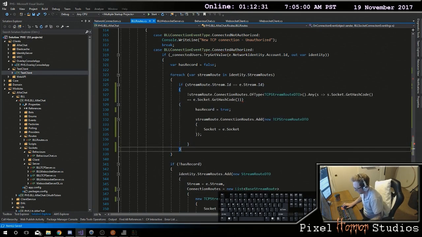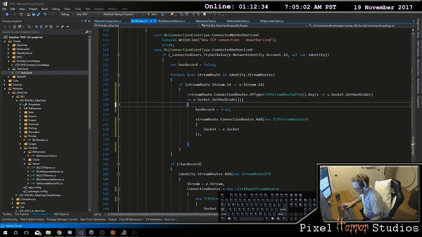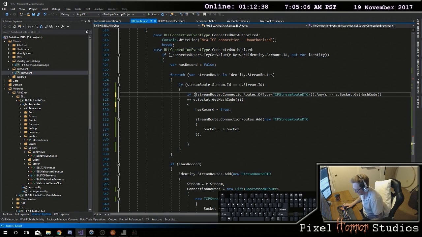So if my stream ID is equal to that, then what you want to do is you want to say, if there isn't a connection in there where my socket is already there,